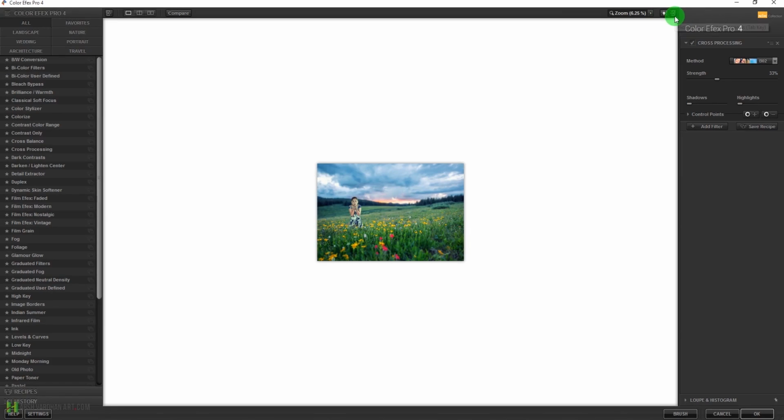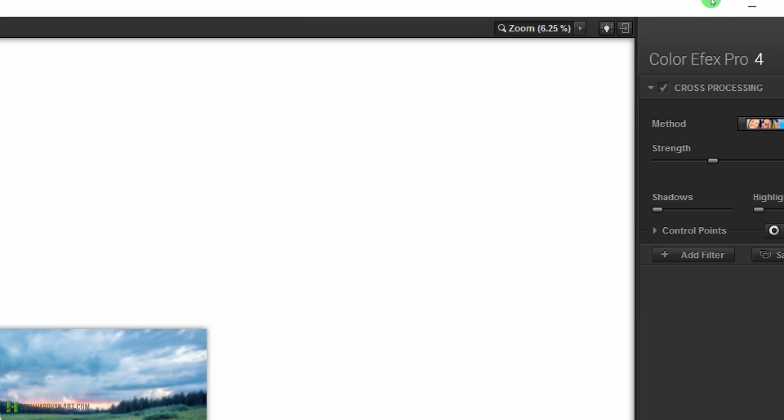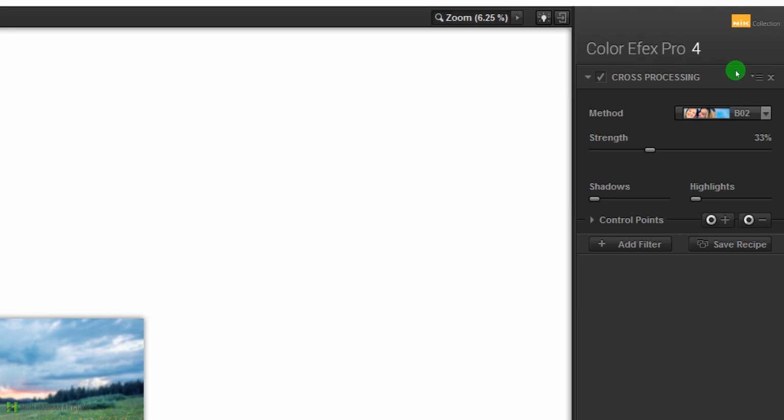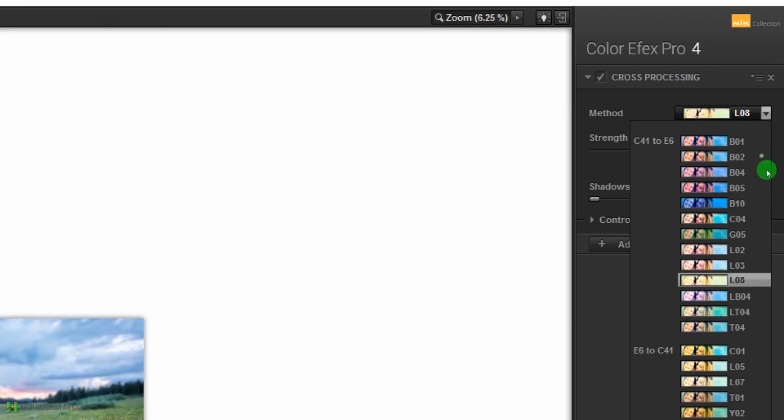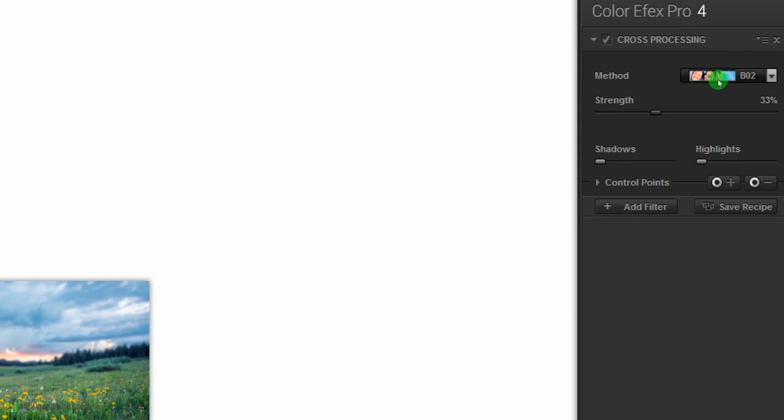Okay, and again over here we have this option to hide the sidebar as well. Okay, so we'll press again, it is going to show up over here. So whichever filter we have selected, it is going to show up over here. So you can see right now over here we have the cross processing, and here we have the sliders, here we have these different presets we can choose, and we can choose its strength, we can choose how much we want